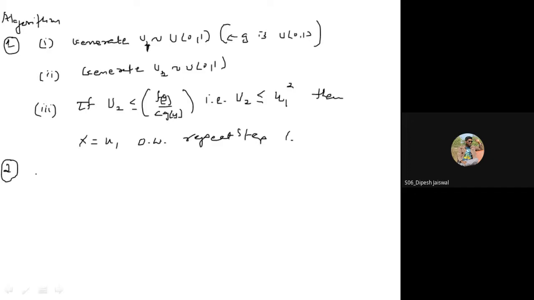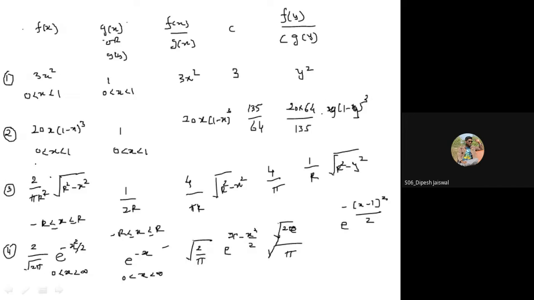Okay, sir. Okay, now what was the second example? Second example is that I wish to generate random numbers from fx equal to 20x (1 minus x) cube when it lies between 0 and 1. तो मैंने gx क्या लिया है? gx I have taken as a standard uniform. तो first I will generate a random number from uniform, I will say it is u1. Then I will take another random number u2 from 0 1, and then if u2 is less than or equal to this quantity, y की जगह मुझे क्या रखना है? u1, then the desired random number is generated, otherwise not.